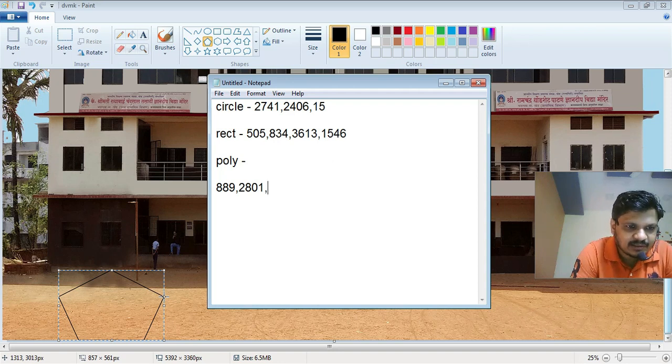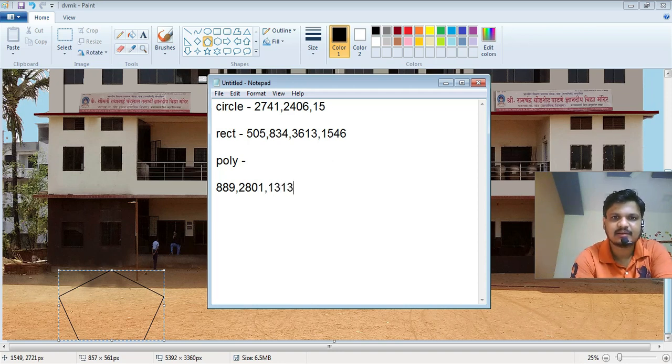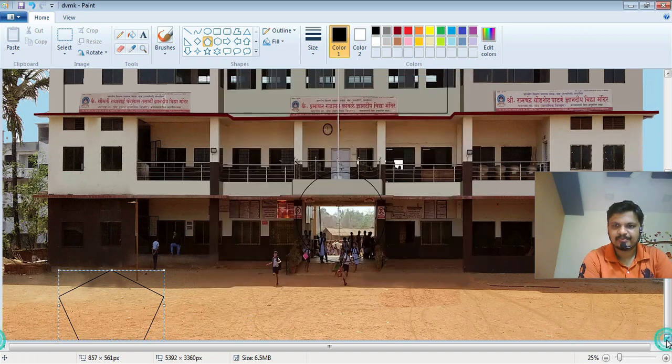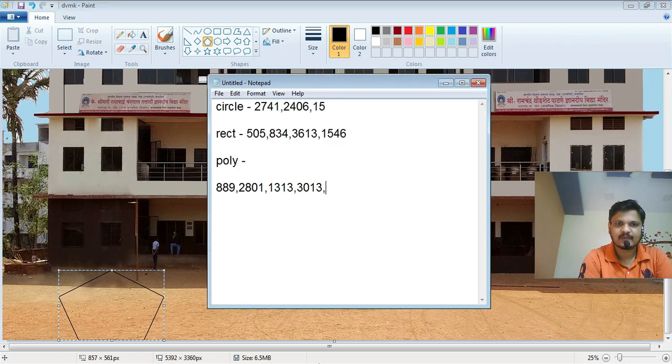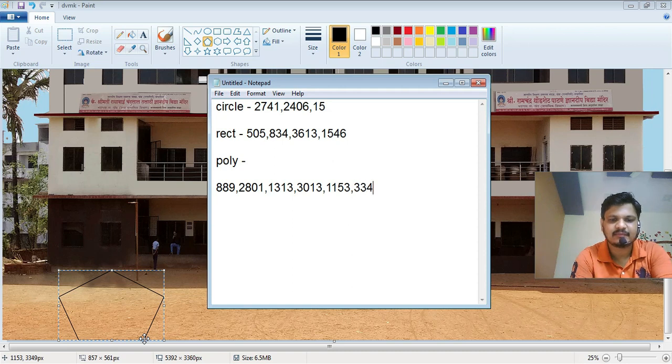Next value 1313, 3013. Next value is here: 1153, comma 3349.